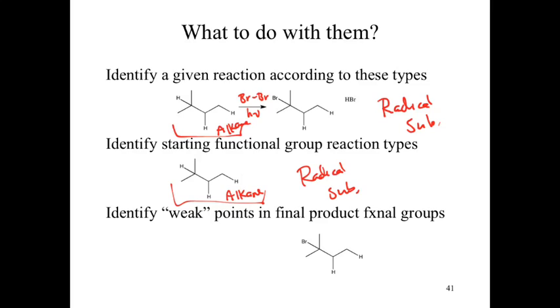So when we talk about weak points, we have that carbon-bromine bond. So we could say, well, how do I form that? Well, the only way I can form that bond is doing some kind of substitution. Okay? So what I would want to use is some kind of reagents that allow me to do substitution. Okay? If I look at my reagents and I don't see a substitution, I can go back to my product